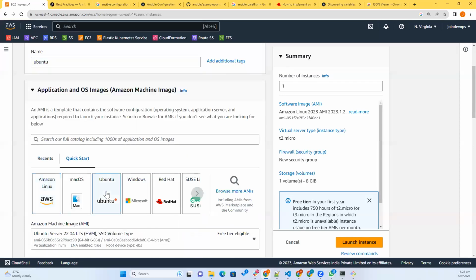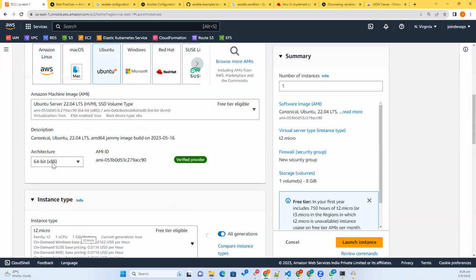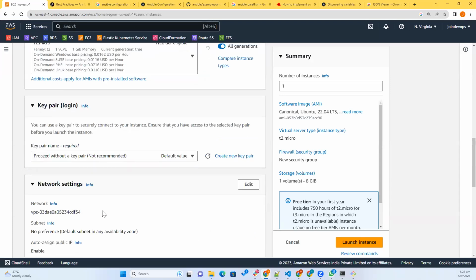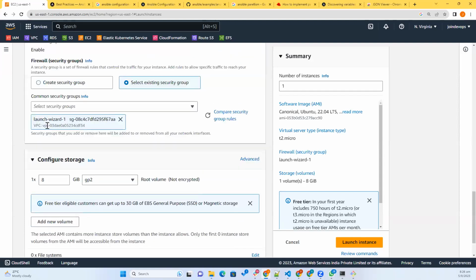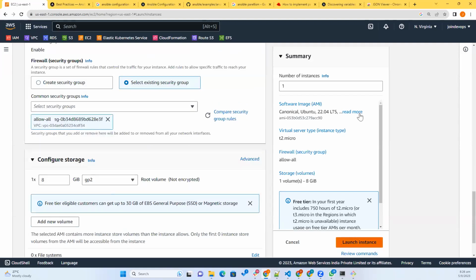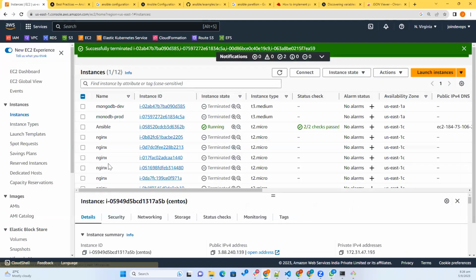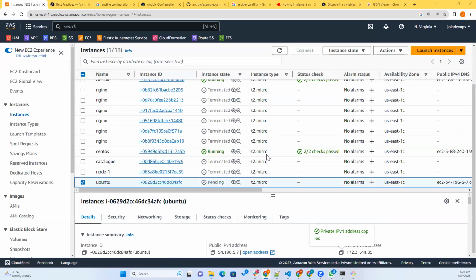We take Ubuntu server 22. Proceed without key pair. I'm launching the Ubuntu instance also. This is our IP address. Now inside our